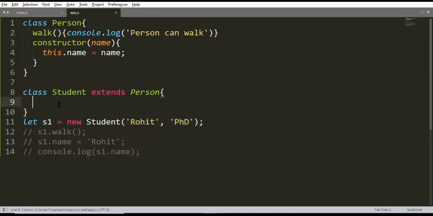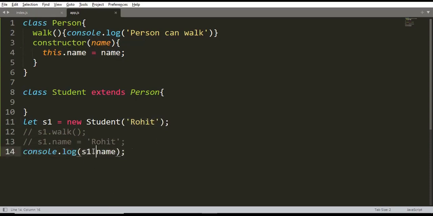but the constructor that is being inherited in student class, that is this one from the parent class, can only have one argument. If we were to write like this, then we would have no problem. This would have simply gone to this constructor and the name property would have been initialized. We would have still got an answer in this. s1.name would have been Rohit.